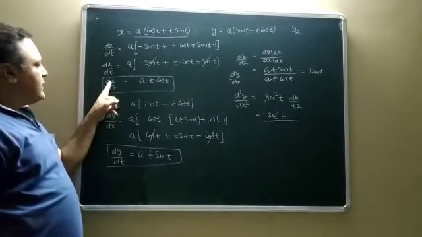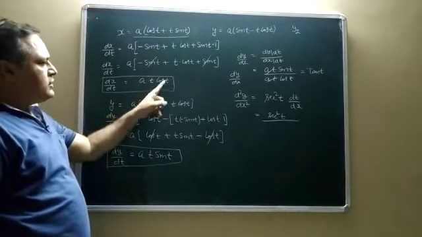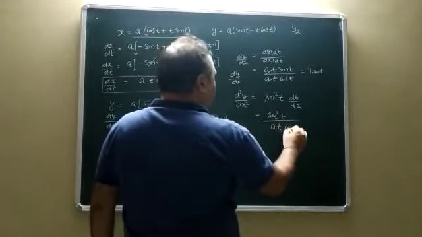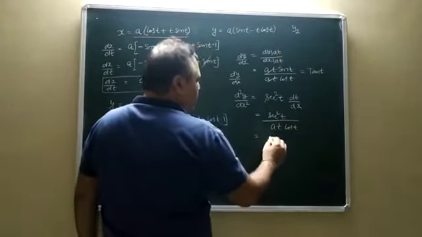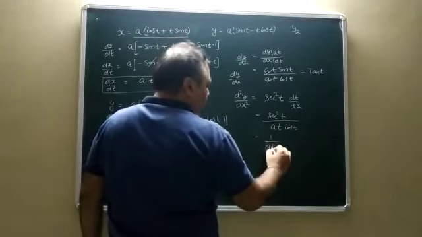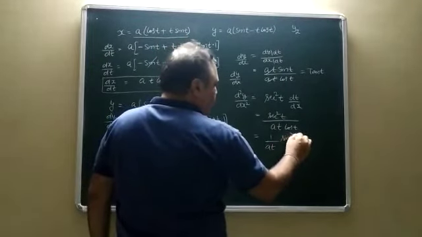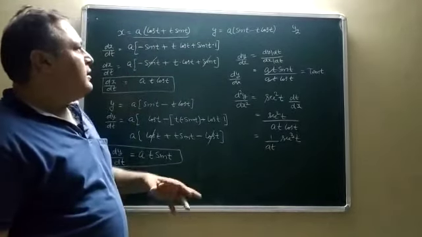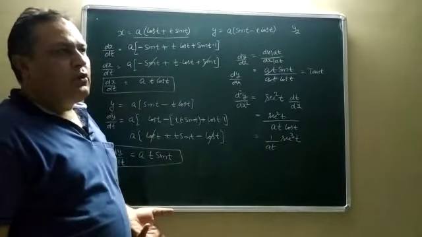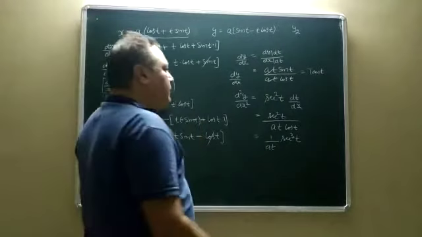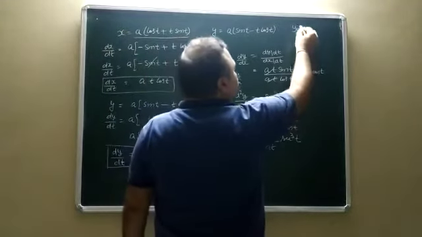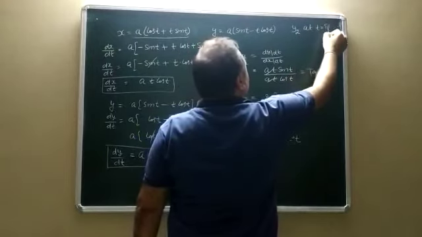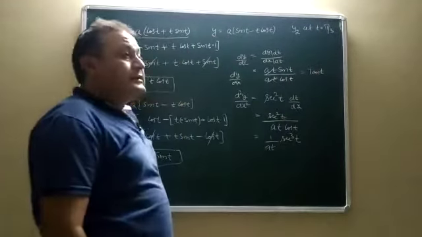See this one, dx by dt is equal to a t cos t, but dt by dx is the reciprocal, 1 upon a t cos t. So it becomes 1 upon a t sec cube t. So this is the second derivative of the function. But remember, sometimes they provide the value to us. For example, they provide the value of t, say find y2 at t is equal to pi by 3, meaning at 60 degrees.